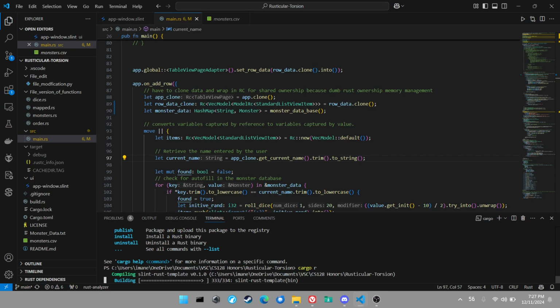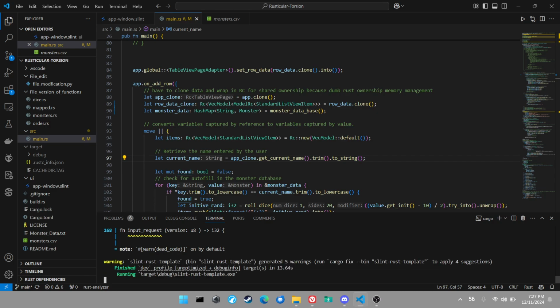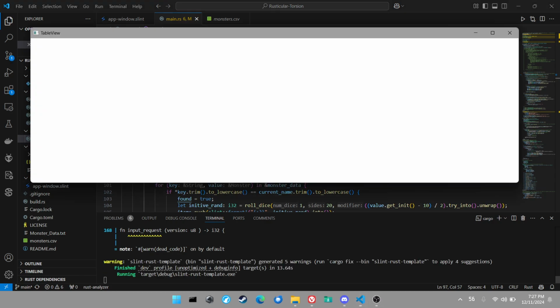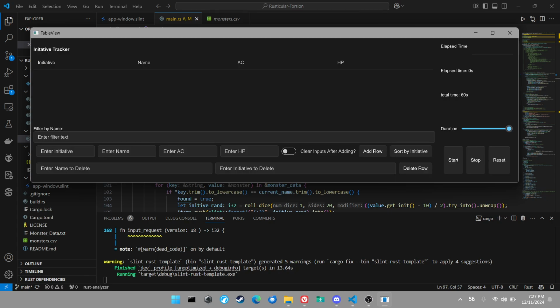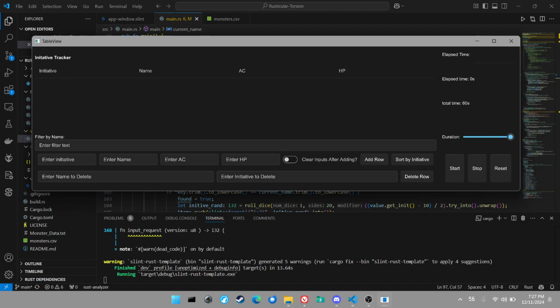So as this compiles, we essentially used Rust and then a UI framework called Slint in order to display a front end to the user that makes it easier for the user to import and export all the data they want. So essentially, for a quick rundown of how this works, you basically can add monsters to